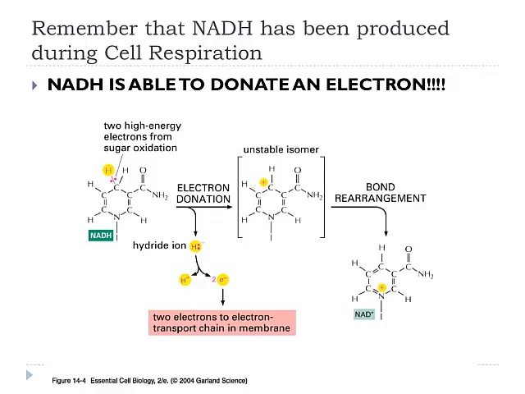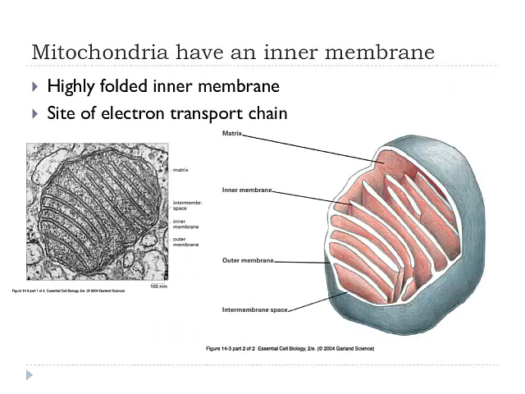So this is really key for the final stage of that complete oxidation of the glucose to the oxygen in the water. So in this inner membrane is where you find the electron transport chain. And the outer membrane has a